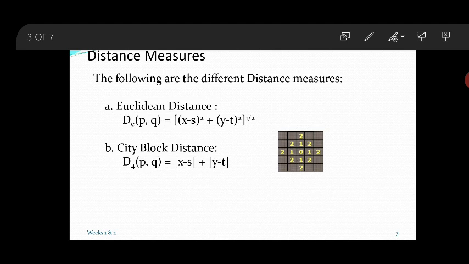In the city block, you can move either in horizontal or vertical. Look at this one. The distance to the center pixel's right adjacent pixel is 1. The left adjacent pixel is also 1. The top adjacent pixel is 1. The bottom adjacent pixel will be 1. Means you can go in 4 directions, horizontal or vertical. And its distance will be considered as 1, because as I told, the distance between adjacent pixels is 1.